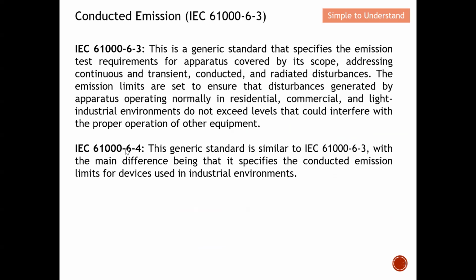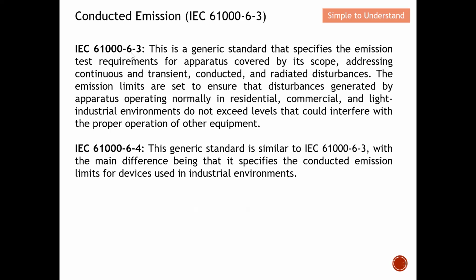61000-6-3 and -6-4. What will be the key difference? In short, this is a generic standard that specifies the emission test requirements covered by this scope, addressing continuous and transient conducted and radiated disturbance. In short, this has comprehensive test and measurement. The emission limits are set to ensure that the disturbance generated by an appliance operating normally in residential, commercial, and light industry environments